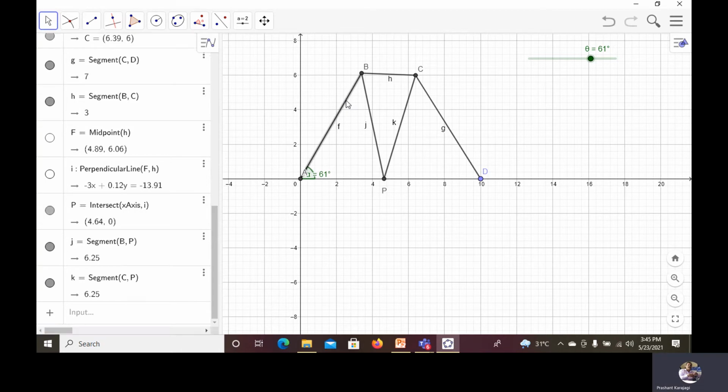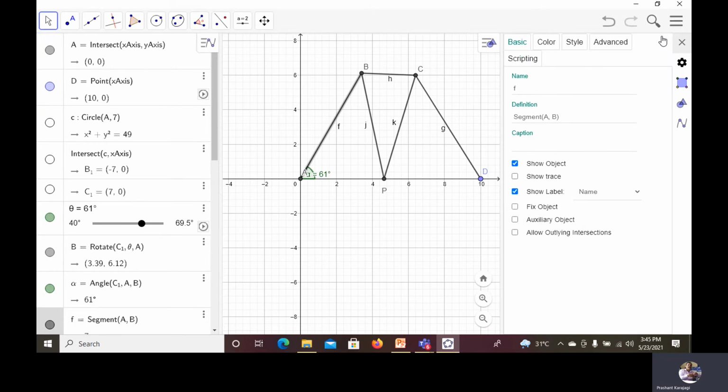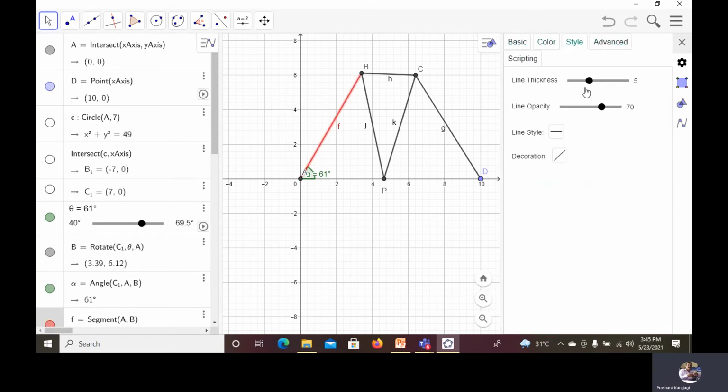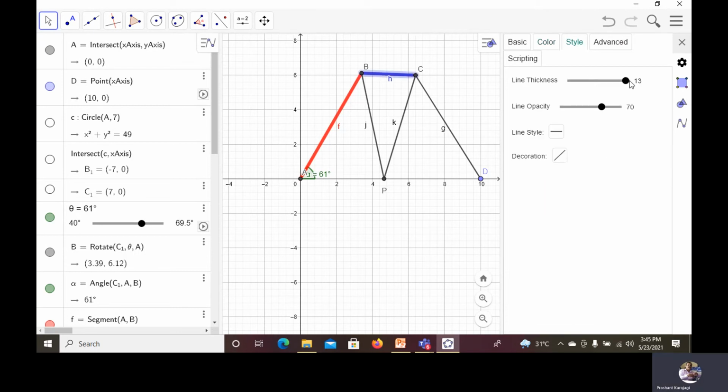Now click on AB, go to settings, choose colors. If I choose red color, go for style and increase the thickness to 13 and line opacity, make it 80. Now choose link BC, choose the next color, say blue, thickness 13 and opacity 80.